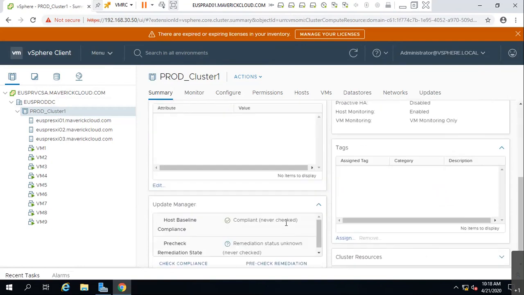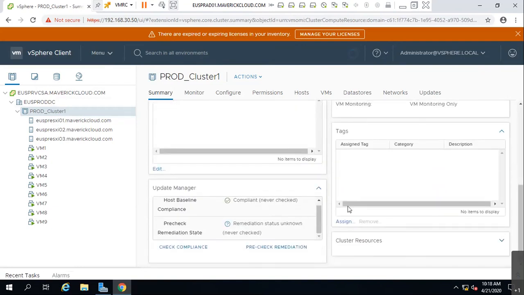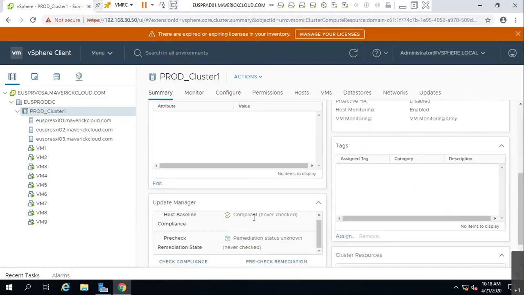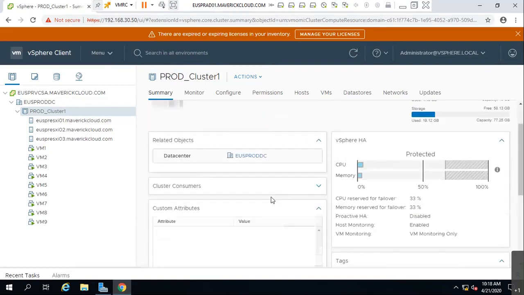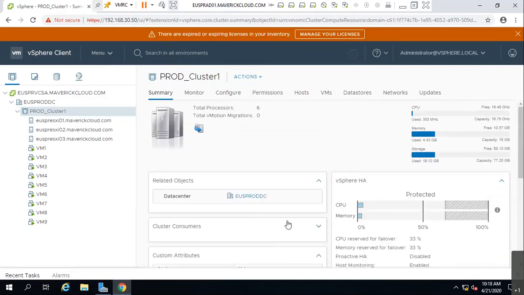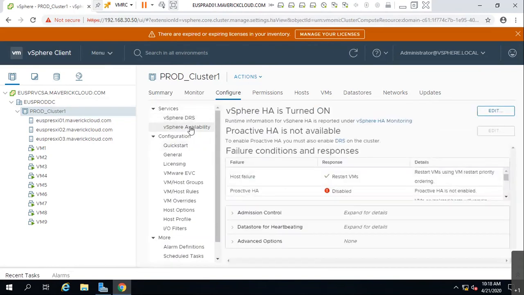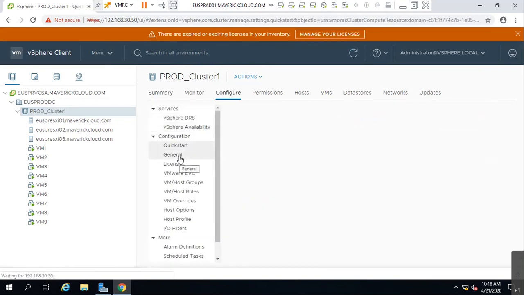Fine. But in the older versions, you would see slots here. Strange, they have changed the configuration here. Very good. Let me go to configuration and try to find out if there are any other options.